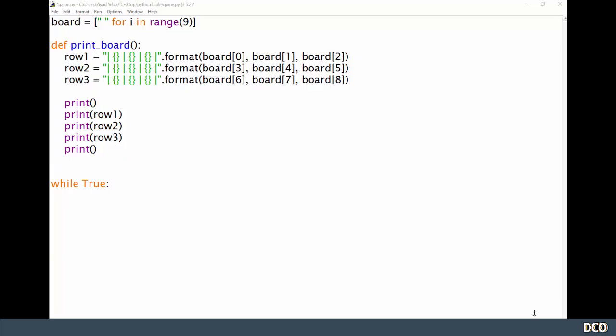Now we need to ask them where they would like to place their move. If the player enters 1, they're going to move to the top left. If they enter 5, they're going to go here. If they enter 8, they're going to go here. So just imagine these blank spaces being like the numbers on a telephone: 1, 2, 3, 4, 5, 6, 7, 8, 9. So to ask for